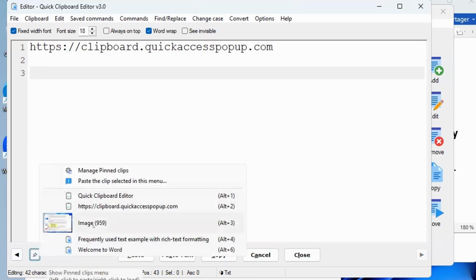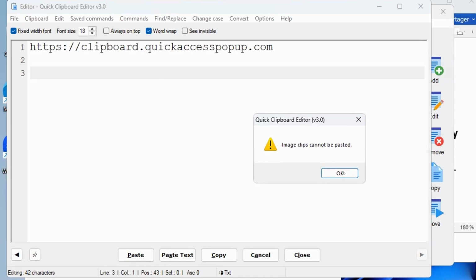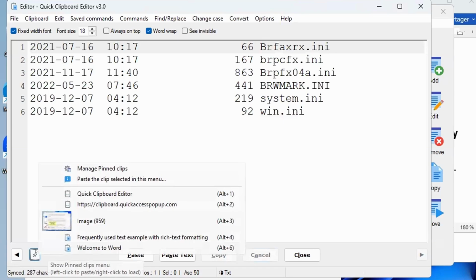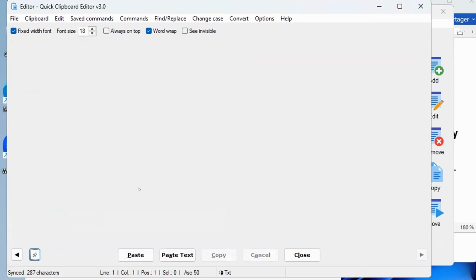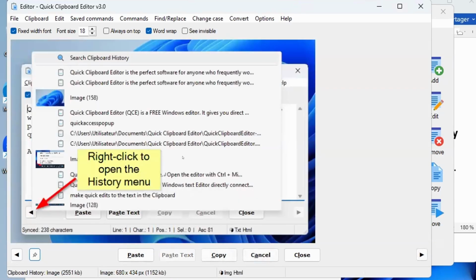made here. It can also be images. If I do images here, they cannot be pasted, they can be retrieved. So I have to right click here. And images now cannot be edited, but in a future version 4, 5, or 6, it will be possible to crop images and do the basic things that you want to do with images before pasting them. So cropping, resizing, these kinds of things. Not doing changes in the image itself. It's beyond what I think I will be able to do. But at least cropping should be something